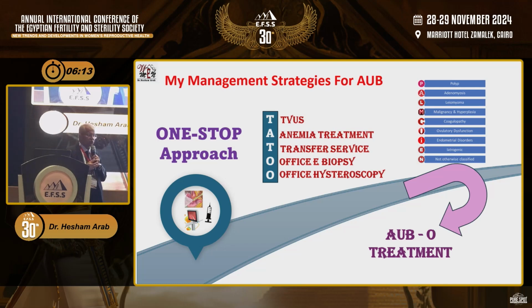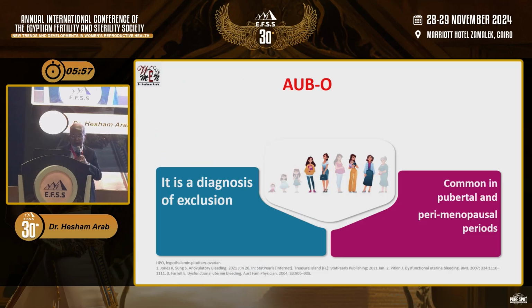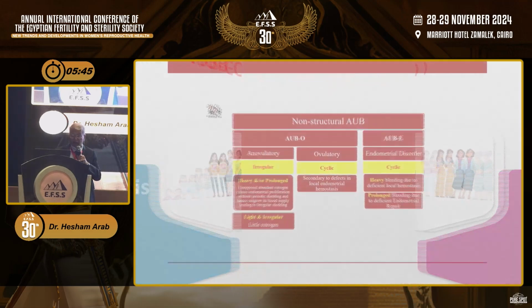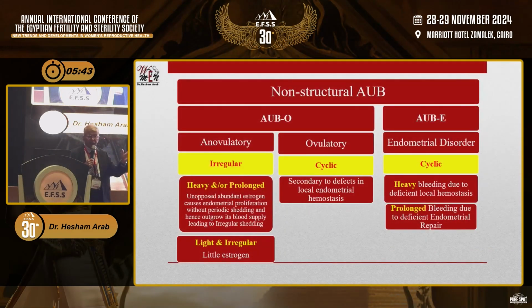Whenever you have a patient with abnormal uterine bleeding, tell me, is she AUB-M or AUB-A according to the pathology. Now here, if you do this TATTOO, then more likely you're going to have a diagnosis of AUB-O if we ruled out the other stuff. So AUB-O is a diagnosis of exclusion, because it is due to ovarian dysfunction and is also very common in young age as well as in the near-menopausal age.